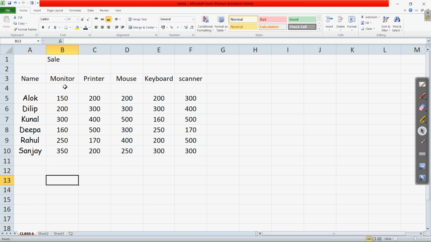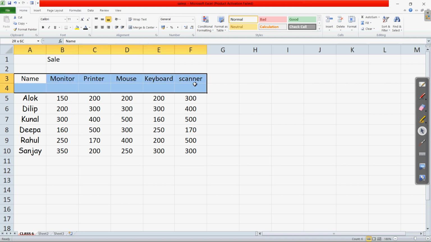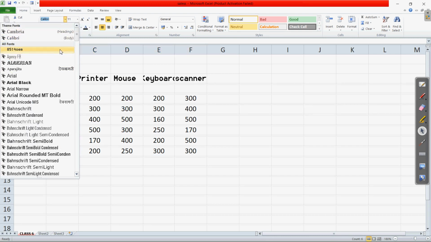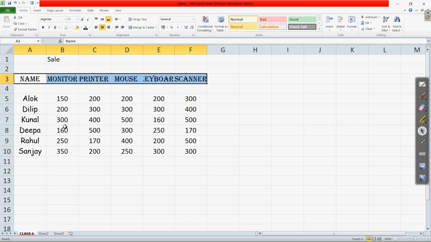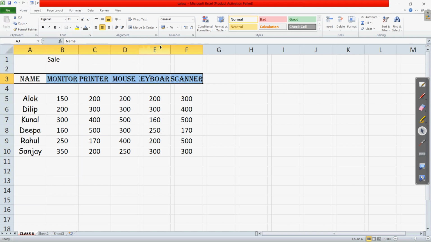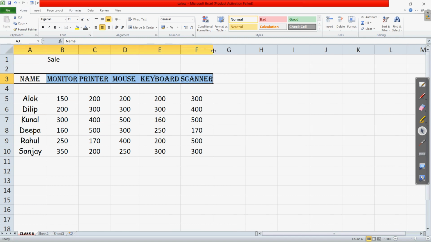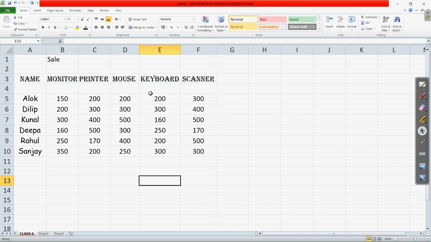For example, if you want to change the font of the headers, what is the heading of this table? First select, how to select that, click and drag the mouse cursor. This way we can select all the cells where we want to change. So I have selected this. Now again go to this font area, and whatever font we want to choose, click on that. Suppose I am choosing this, click on that, and this will change the appearance on this Excel sheet. Clear? So this way you can see the font has been changed.